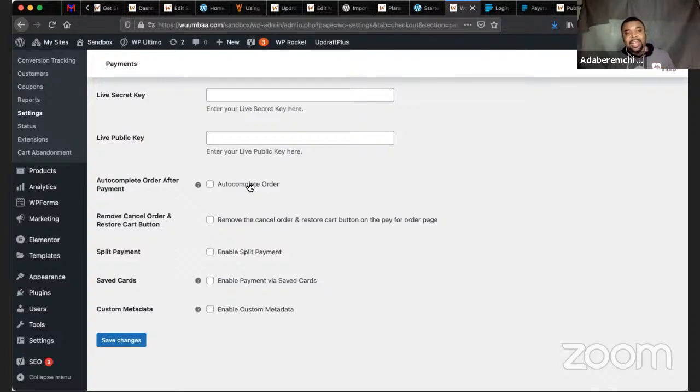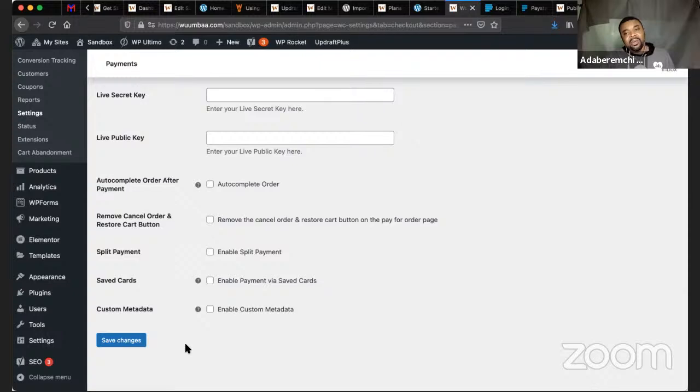So allowing the plugin to let you know that the transaction has been completed is always a good way to reduce the amount of work you need to do. All right, so once that is done, you click save,